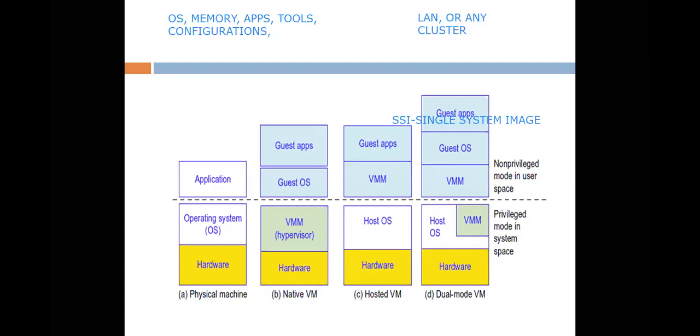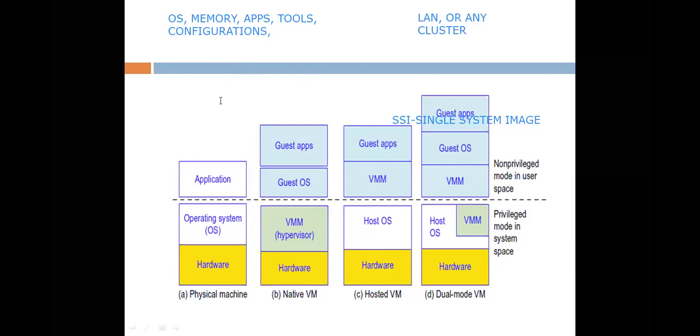And coming to here, what it is specifying. First one here is the native virtual machine, and then next the hosted virtual machine, and then the dual mode virtual machine. First see the native virtual machine. Before going to native virtual machine, what are the things here new to you? The first one is the hypervisor. The hypervisor is represented with the VMM. See here, everywhere after this point B, C, D, what you are choosing, you are coming to know a new term, that is VMM.